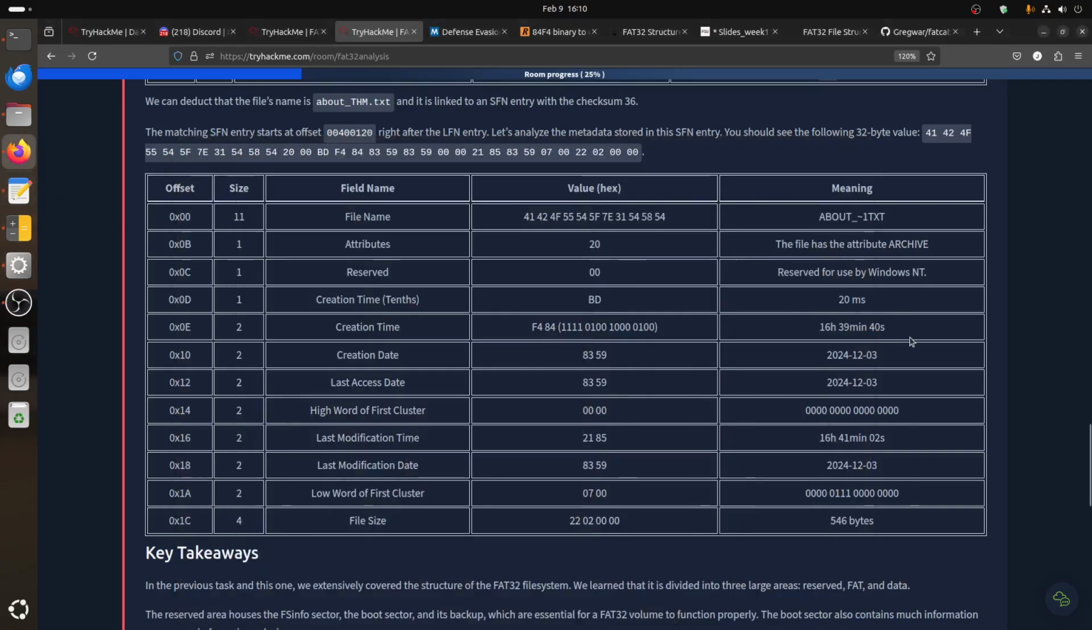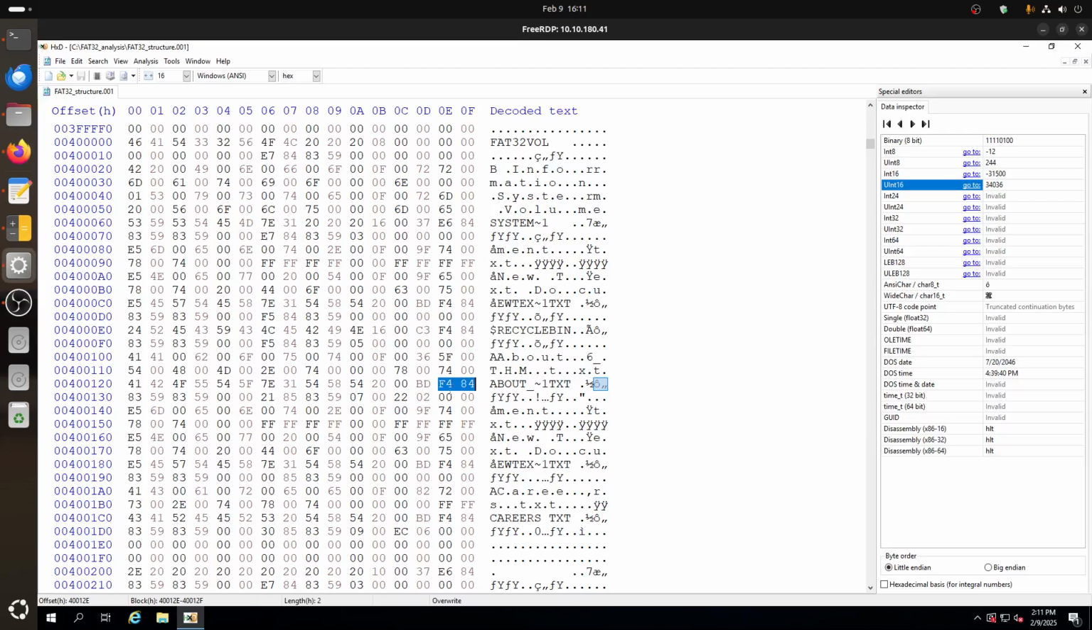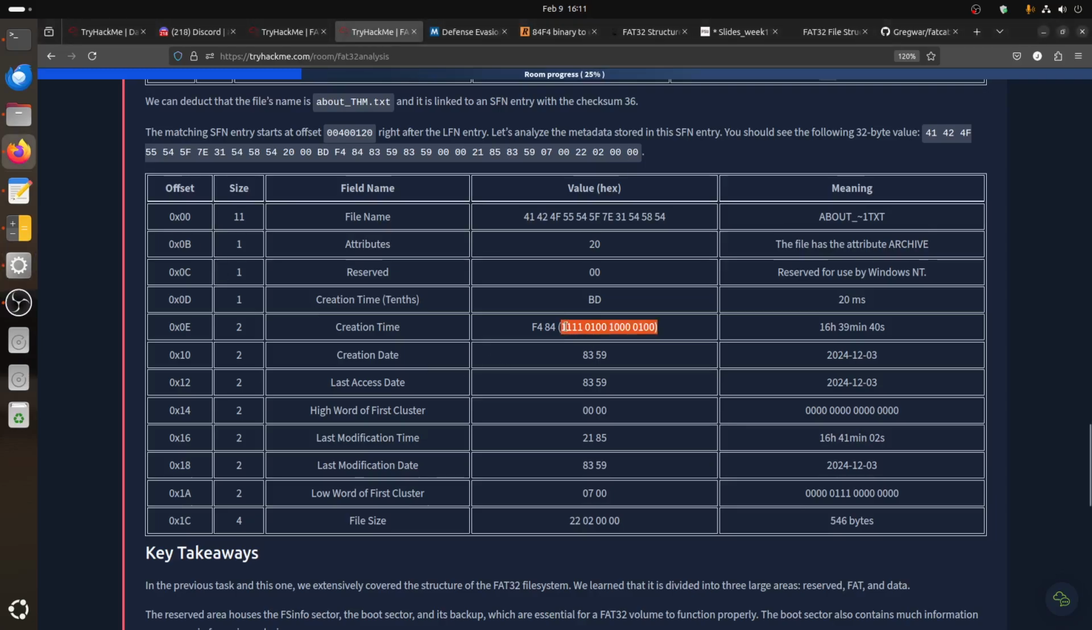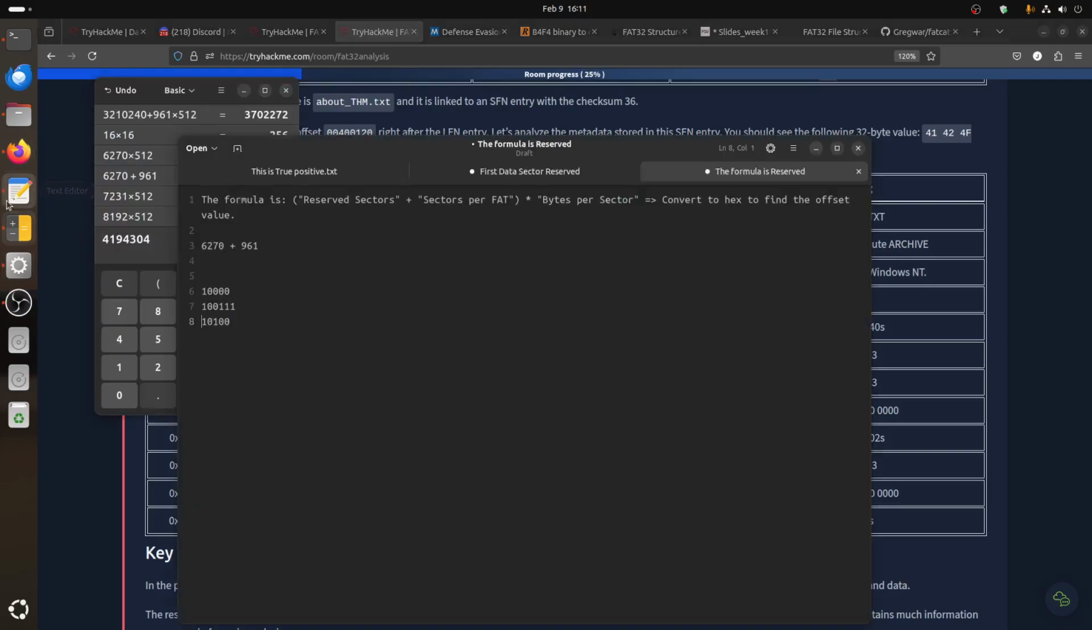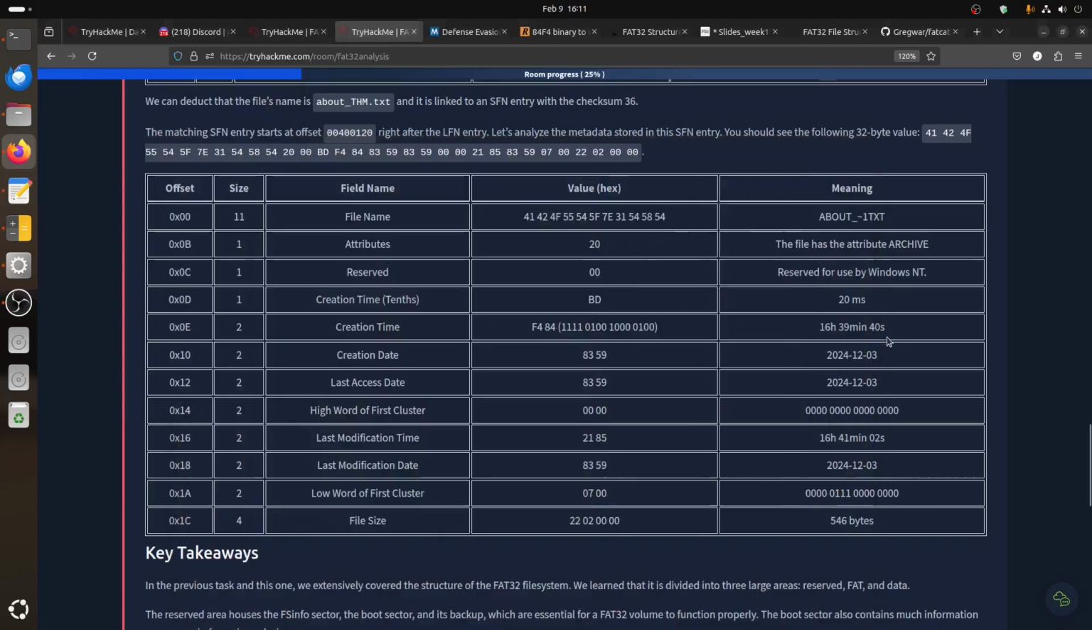No. Why is there a double one here? F484. F484. You're supposed to reverse it for Little Endian. Oh, I'm not sure if this is wrong here, because the first 5 bits, 1, 2, 3, 4, 5, the ones that give me the hours. So if I take the first,